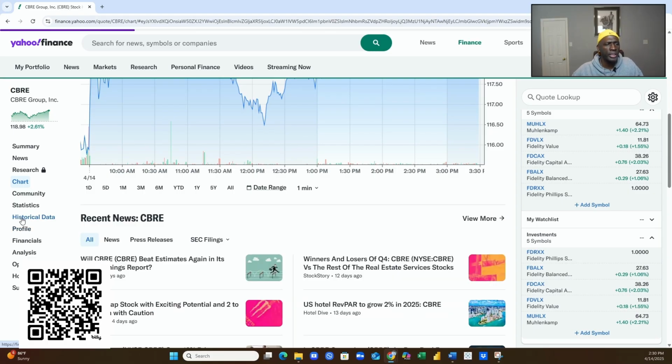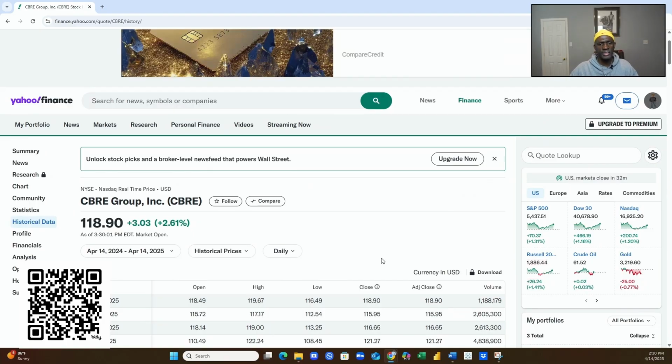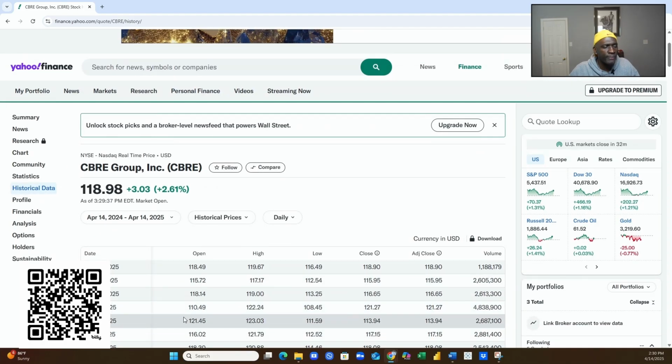Let's go to the historical data. The reason why I want to go to the historical data is because this is data that we are going to pull in for the Power BI report that we're going to be creating. Again, I want to emphasize that the stock data that we're going to be using is actual data. It may be previous data, but it will be data for